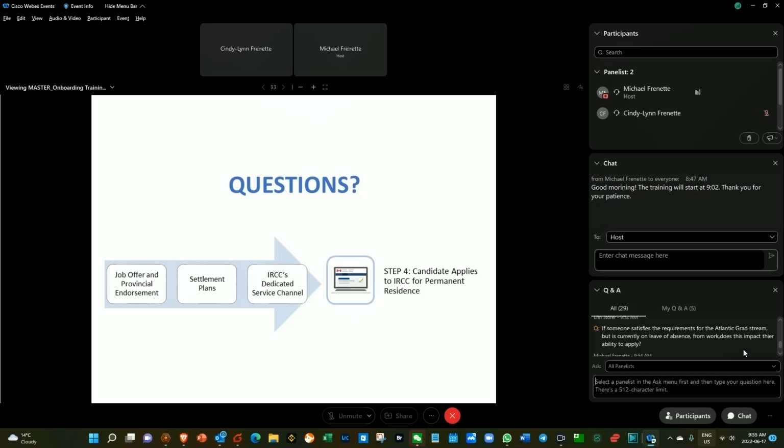What happens if the employee quits while being endorsed? Either the employee decides to leave on their own, or you realize that the employee is not meeting your needs and you need to let them go. You need to notify the province and us, because that will have an impact on their application. They will no longer be eligible for the program.